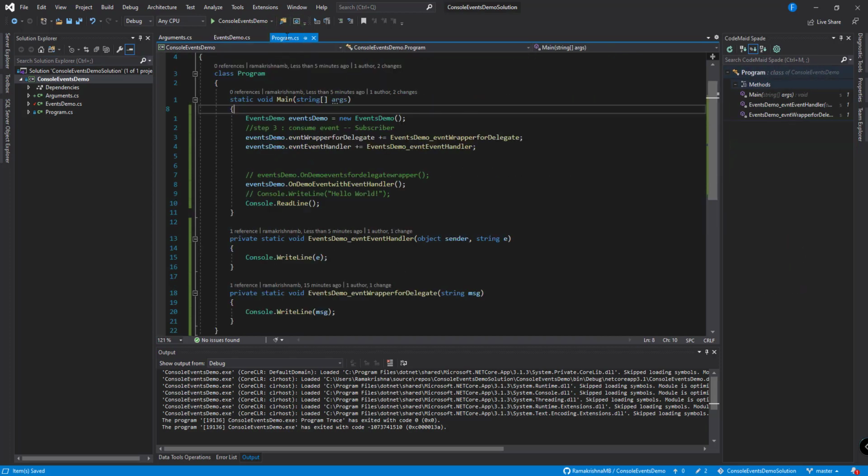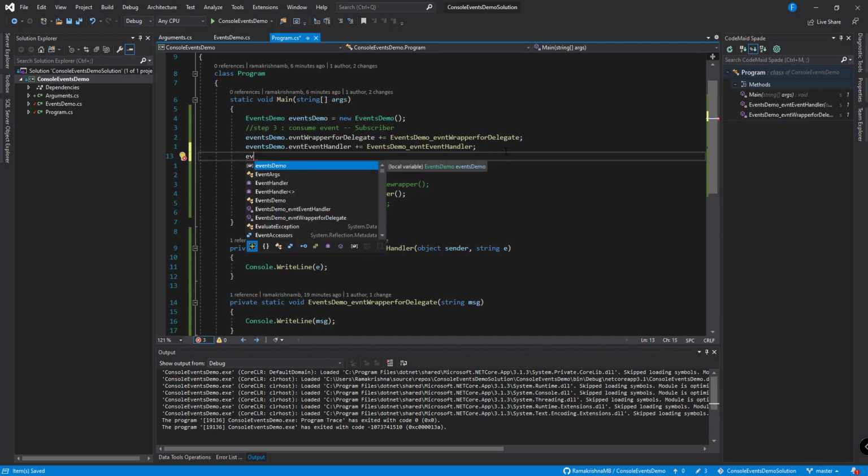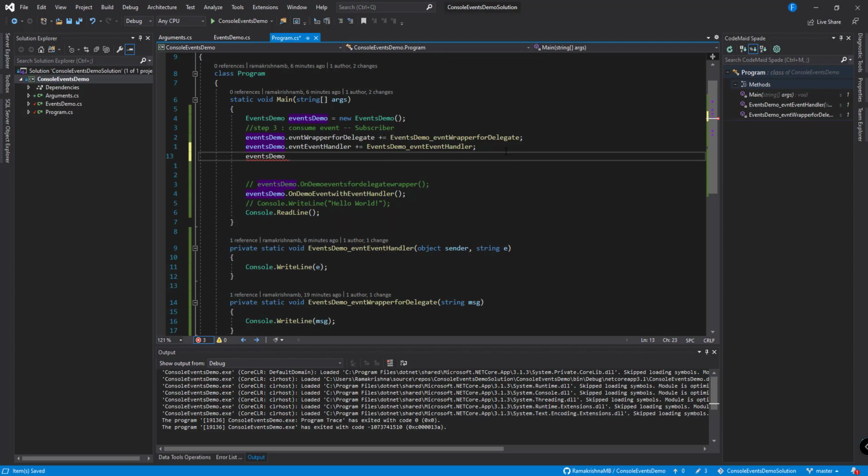Let me consume this method from here. We already have an events demo instance. Events demo instance dot event from arguments.